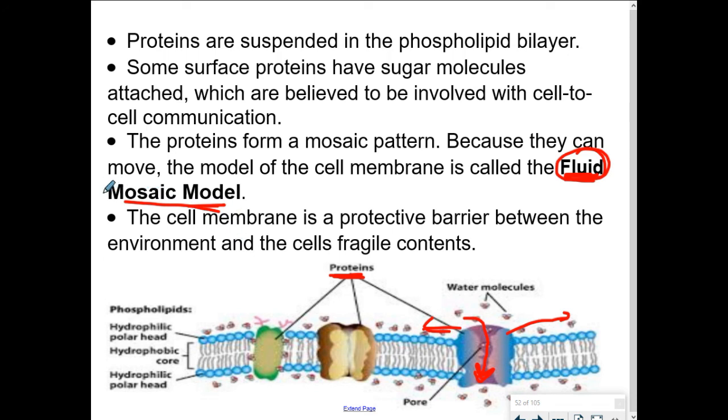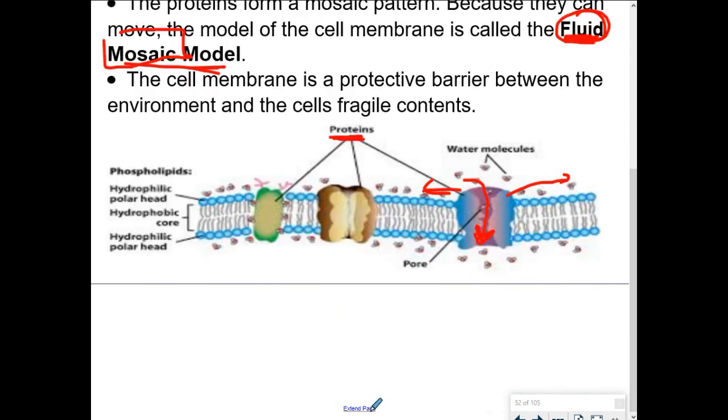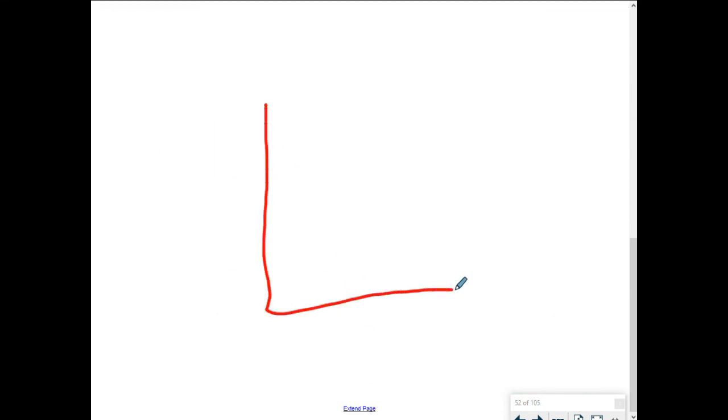We call it a mosaic because the pattern is like mosaic art. Art would have like little bits and pieces that all kind of go together. A mosaic art would be, we had one at my last school, so it was easy for me to explain to kids what a mosaic was. If you were to have a mosaic, it would be like we have a little piece right here, another little piece right here, another little piece right here. But when you put all the